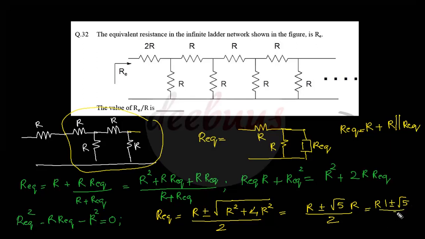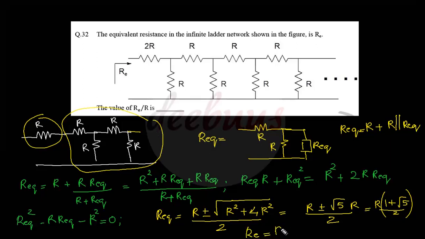Root 5 by 2. But the minus option is not a valid answer because that turns the resistance to be a negative value. Here it is not possible. So the connecting sign must be positive, right? So I am changing it, it is a positive one. So the answer is R equivalent equal to R into 1 plus root 5 by 2. Right? Now I have actually skipped this R during this derivation, so we have to add that R also. So the final R equivalent of this figure, that is RE, here it is given as RE.